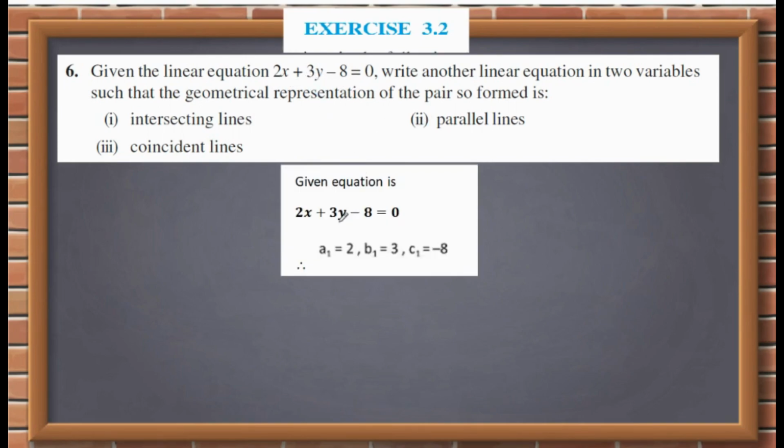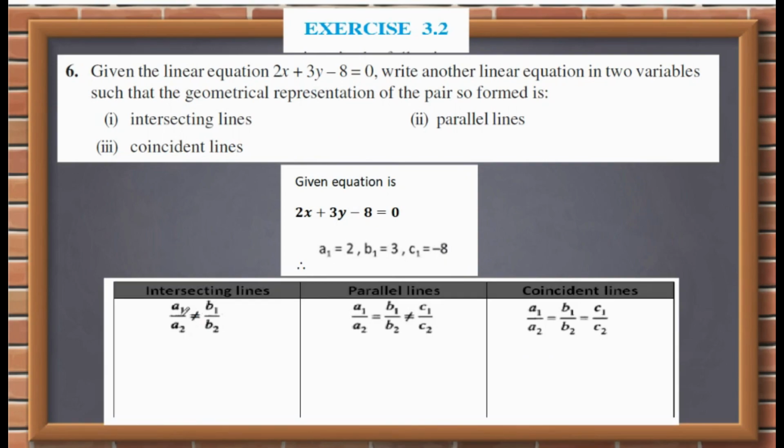So what is given in the question, students? This is the given line and a1 is 2, b1 is 3, c1 is minus 8. So to find the intersecting lines, we have